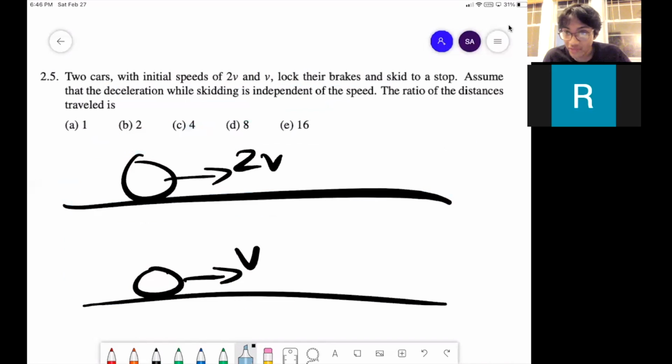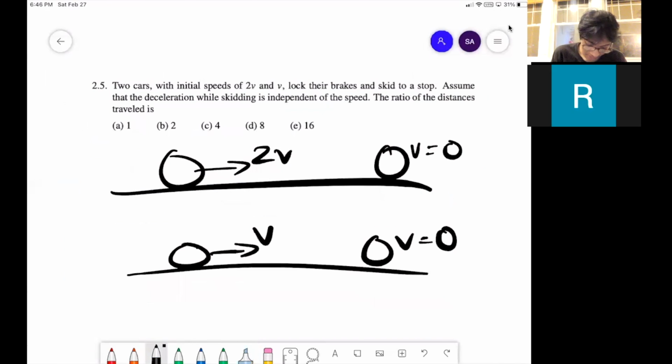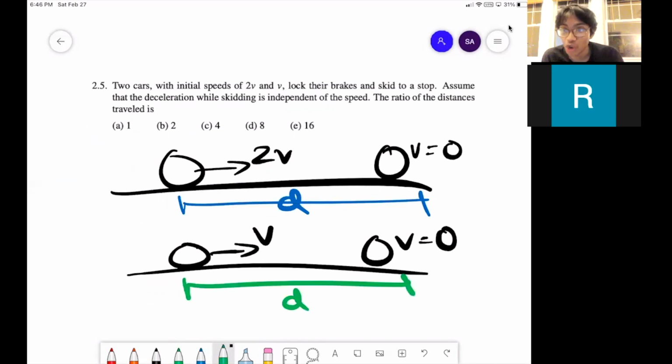So how do we do this? Well, we know at least something. We know that at the end, their velocity is 0 for both of them. The only question is, how much distance did this one travel versus this one? And of course, we've got to find the ratio of those distances. So here's what I'm thinking. The first one,